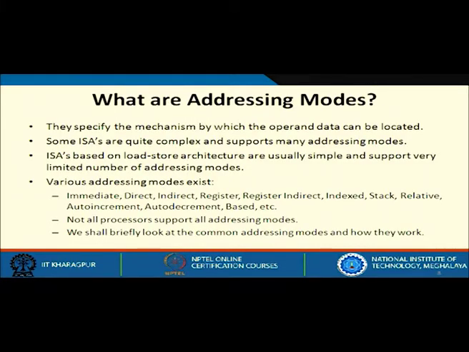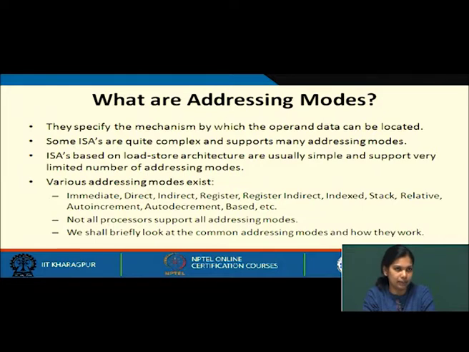As I said, they specify the mechanism by which the operand data can be loaded, that is, how the location of the operand is specified, whether you have to get it from a register or from a memory location, etc. Some instruction set architectures are quite complex and support many addressing modes,